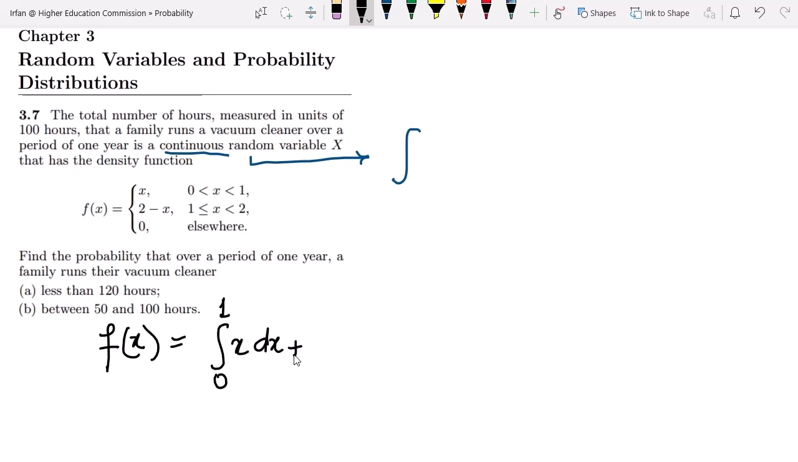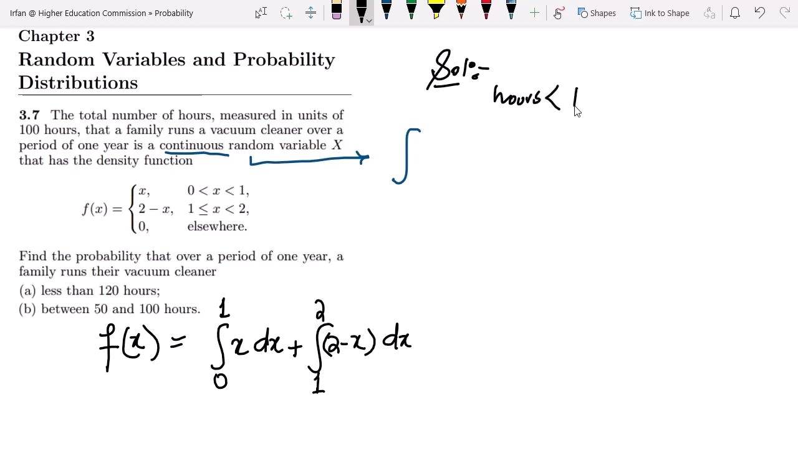Plus from 1 to 2 it will be 2 minus x dx. And elsewhere it is 0, so there is no need to write it here. So what do we have to find out? Find the probability that over a period of 1 year a family runs their vacuum cleaner for less than 120 hours. So I have to solve it here, and here I have to write that the hours are